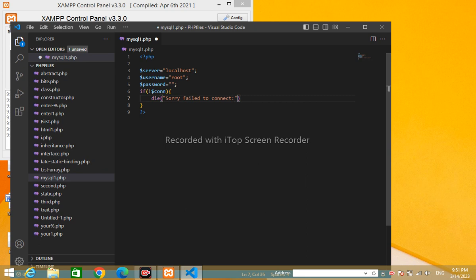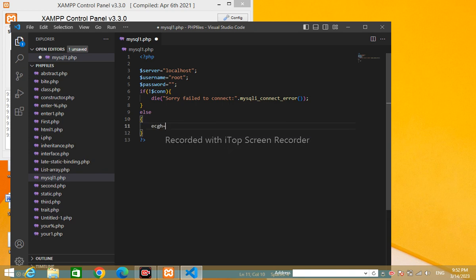And here I will write dot mysqli dash connect dash error. And here I will remove this one. Okay, else then it should display that